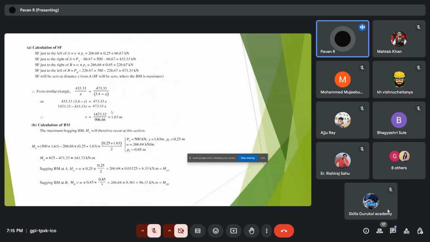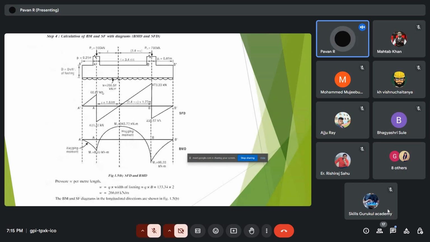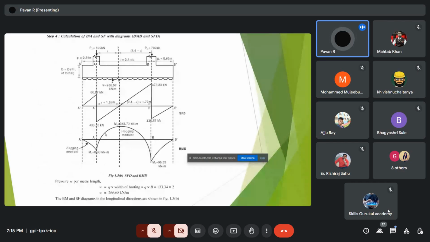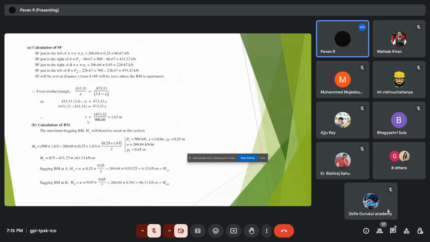I think we can skip this part, because here we can see how to calculate the point of contraflexure, that is x, the distance from the column A, so that we can calculate the bending moment here also. Similarly we can work out the formulas and find the maximum bending moment to be almost 343.73 kilonewton meter. And next is